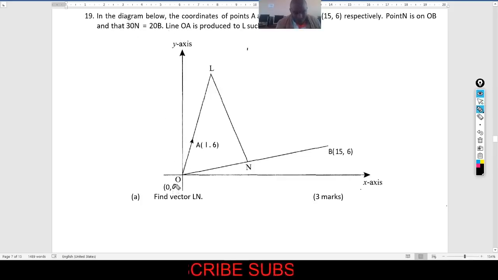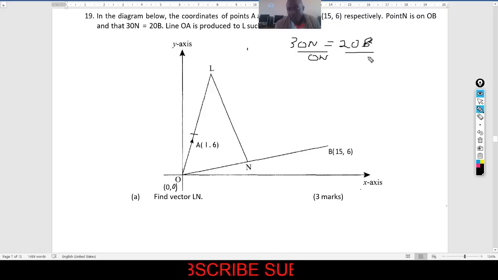this is origin 0, 0, and we are told that this point A is 1, 6 and point B is 15, 6 respectively. Point N is on OB. On O to B there is a point N, such that 3ON equals 2OB. So if I deal with this,